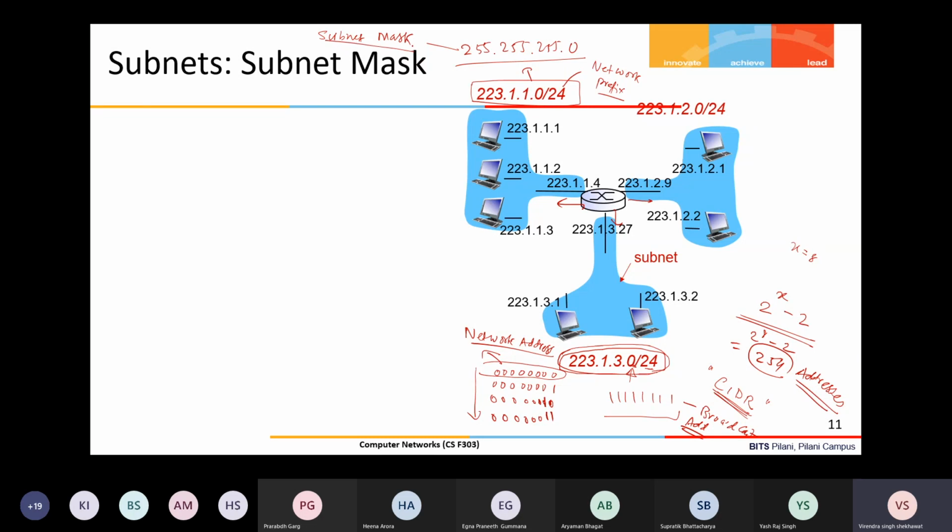Okay, one question is unanswered till now: what is the use of the subnet mask? Why do we want to specify a subnet mask? You just think of it. Sometime maybe I will answer it, but not now. Just think of it. What can be the use of this? Where is it used?